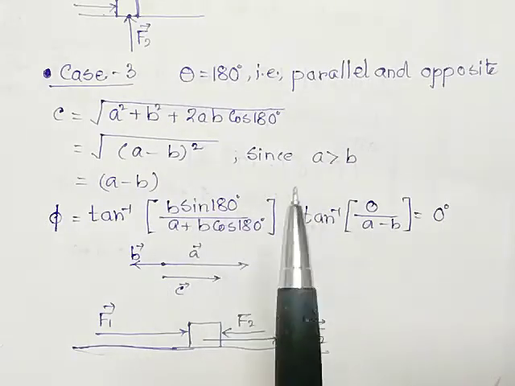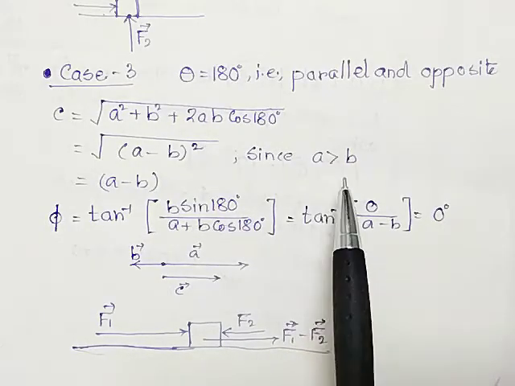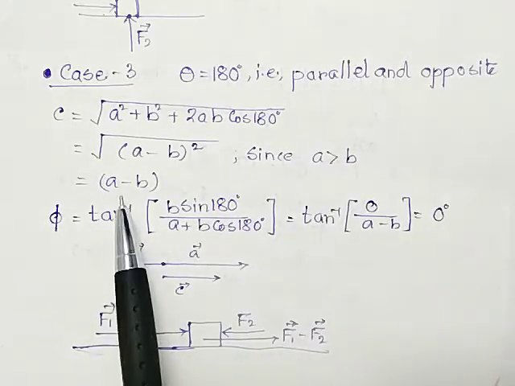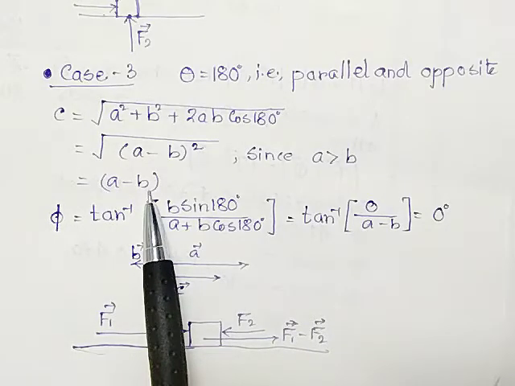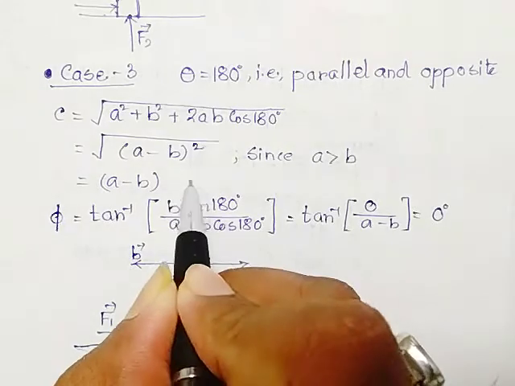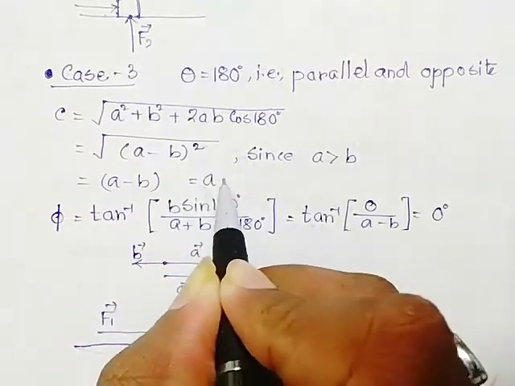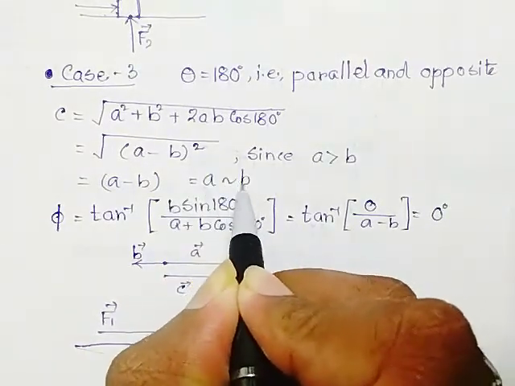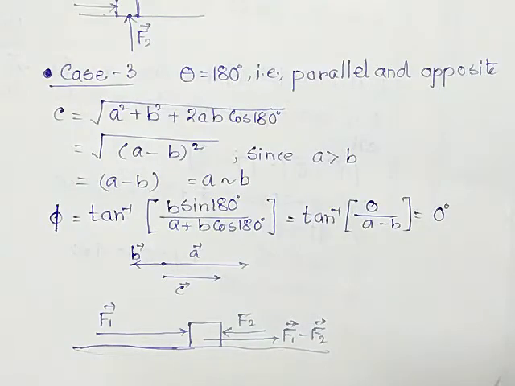If somehow the magnitude of b is greater than a, at that time it will be b minus a. So basically the c is the difference of a and b. So we can write down this a, this is a difference sign, it is b. So it is valid for both b and a.